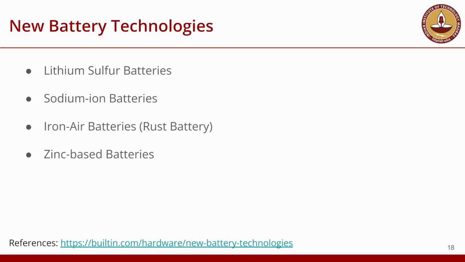Iron air battery, or rust battery. This battery works on the principle of the rusting of iron. The energy released when iron interacts with air is trapped and used to generate electricity. Zinc based batteries. Zinc based batteries work much like lithium-ion batteries, with zinc ions flowing from the battery's anode to cathode. These being the new battery technologies under research, we hope that we get a cleaner source of energy in the